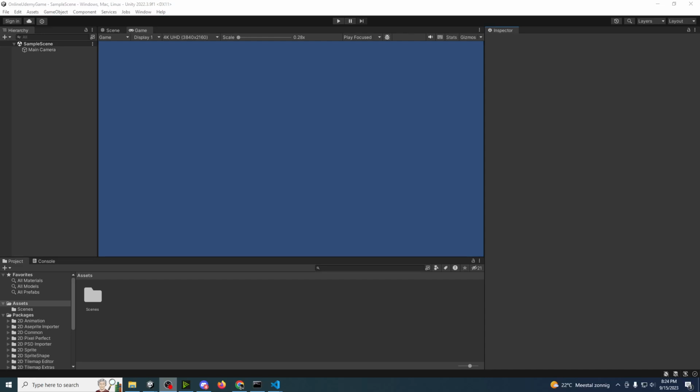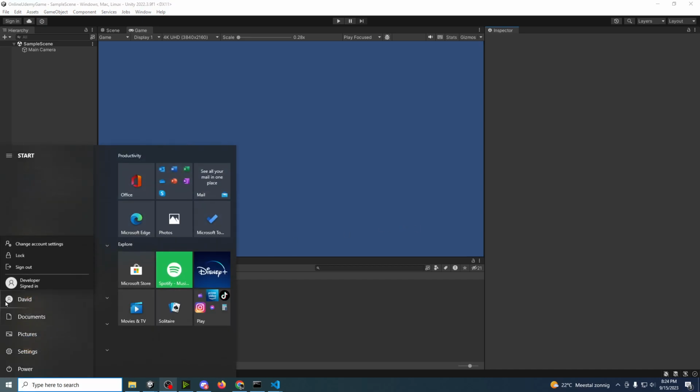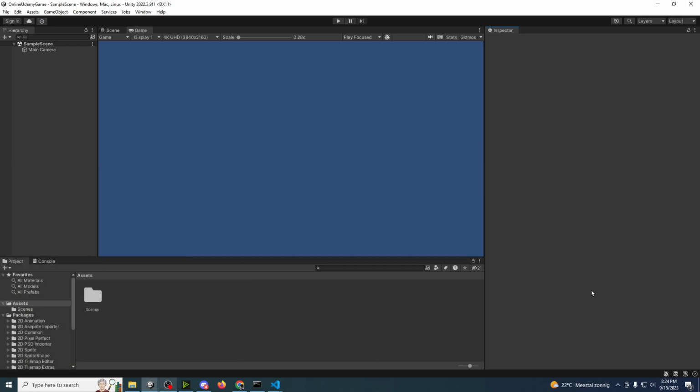All right, everybody, let's get started. Now, I did say I would be starting from a blank slate, a blank Windows profile. I went ahead and made a new one, and I tried it, but for some reason, I could not get Unity Hub and Unity itself to work. I was getting a lot of permission errors, and I couldn't be bothered with it. So I went back to my main account,